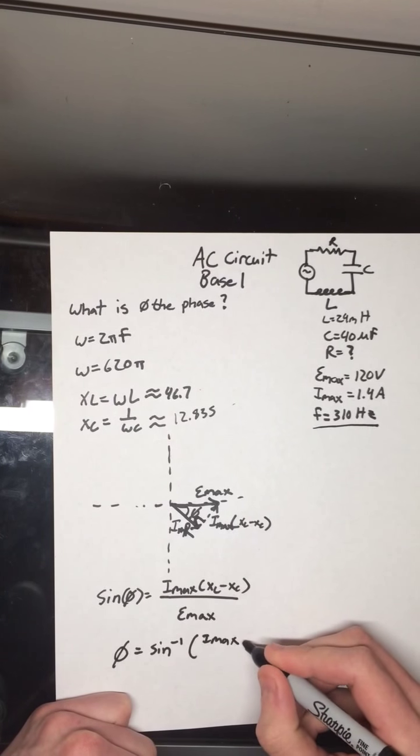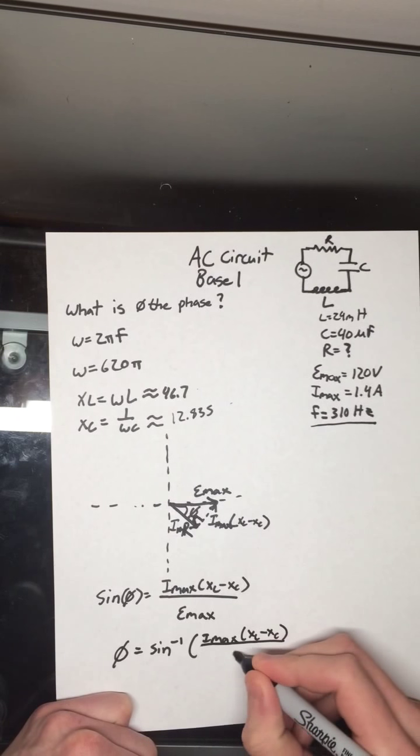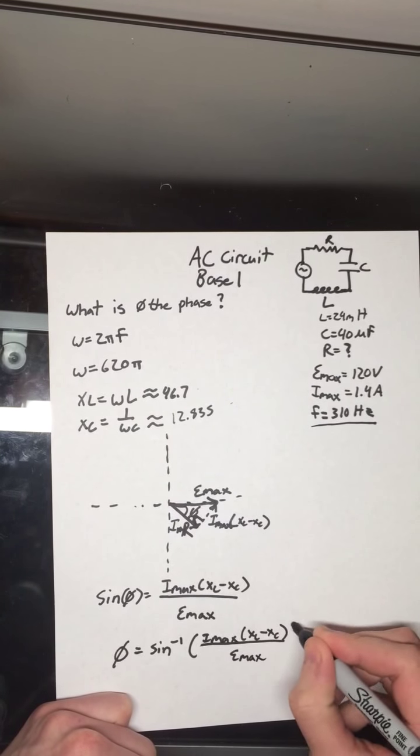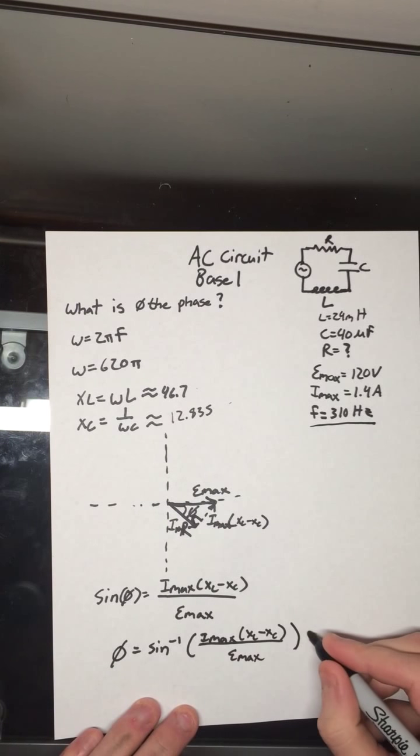of Imax times XL minus XC all over Emax, which, if we evaluate that, we will get roughly